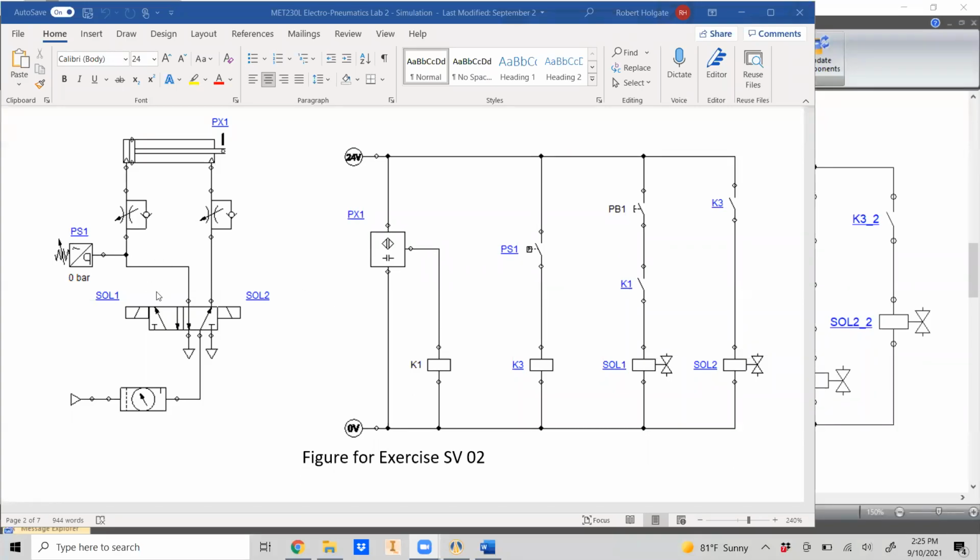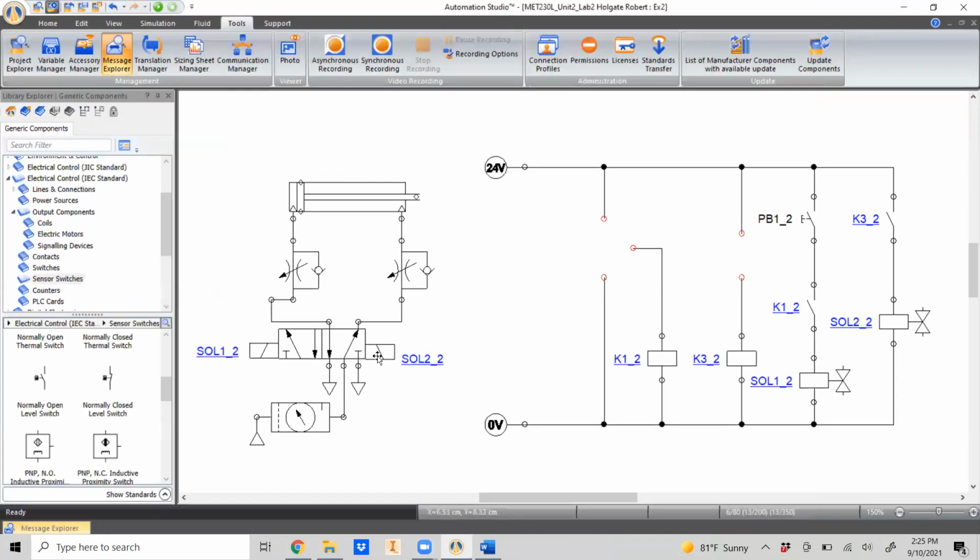Okay, for this diagram, we need this pressure sensor, pressure switch on our pneumatic side. And then we need it connected to a pressure switch on our electrical side. We also have a proximity switch. This is a capacitor-based proximity switch that we need to add into the circuit. So by now, you should be able to connect a solenoid to a solenoid in the electrical circuit and a coil